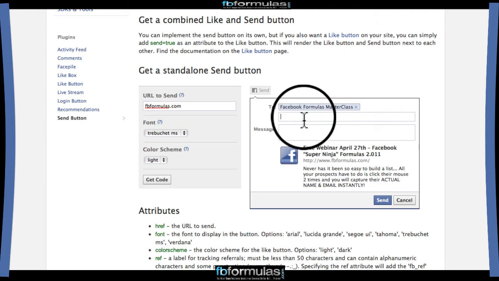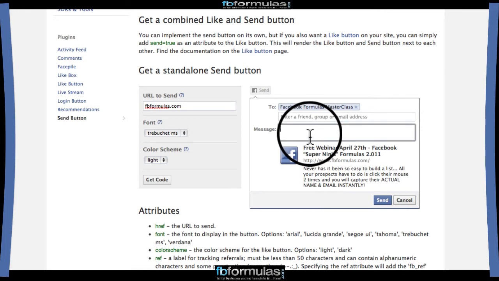Now, you can also send this to specific friends. Now, unlike the like button, well, certain times on the like button, if you set it up correctly, you can have it come with the thumbnail. When somebody hits the like button, the thumbnail image will show up, the title, the description, instead of just a cheesy little anchor text link. However, that works too. But I really like that. Now, you can also add a message.